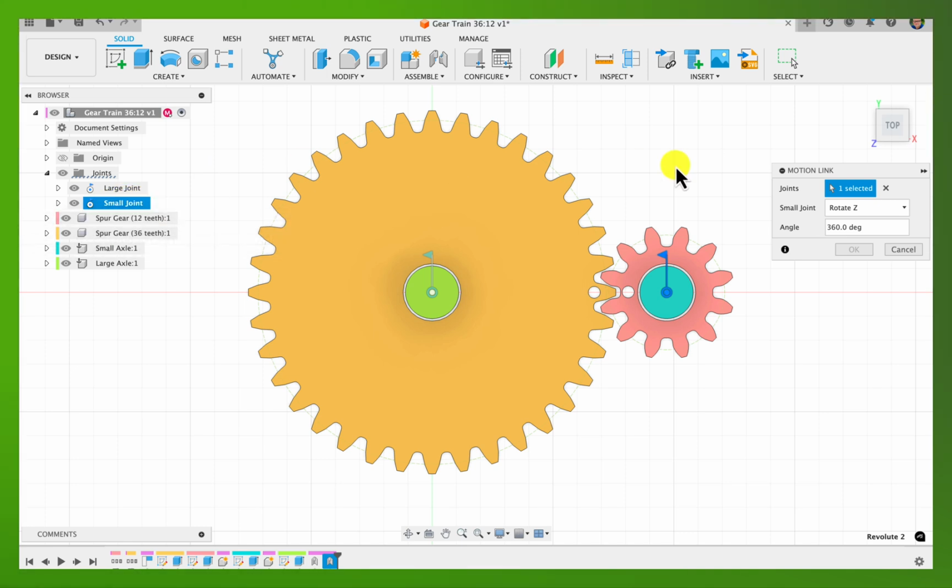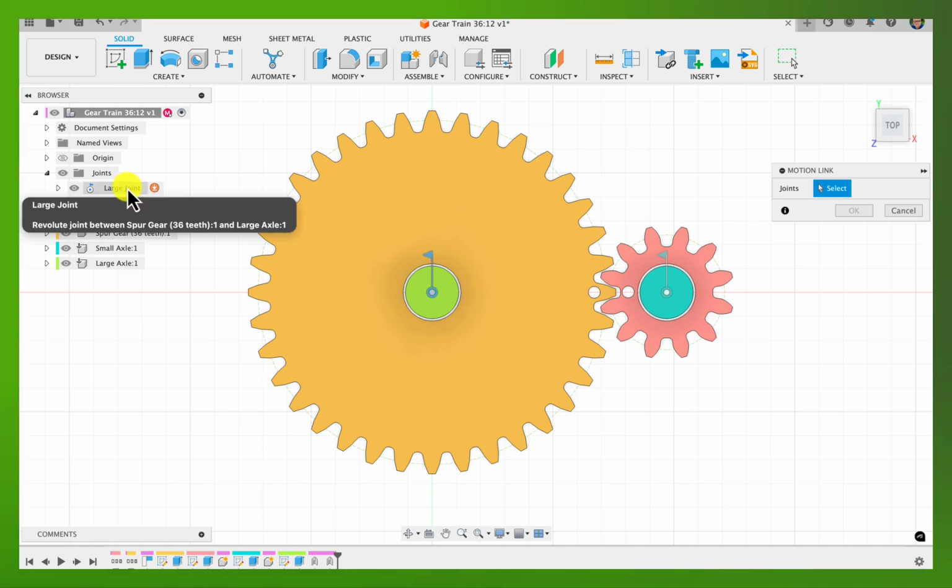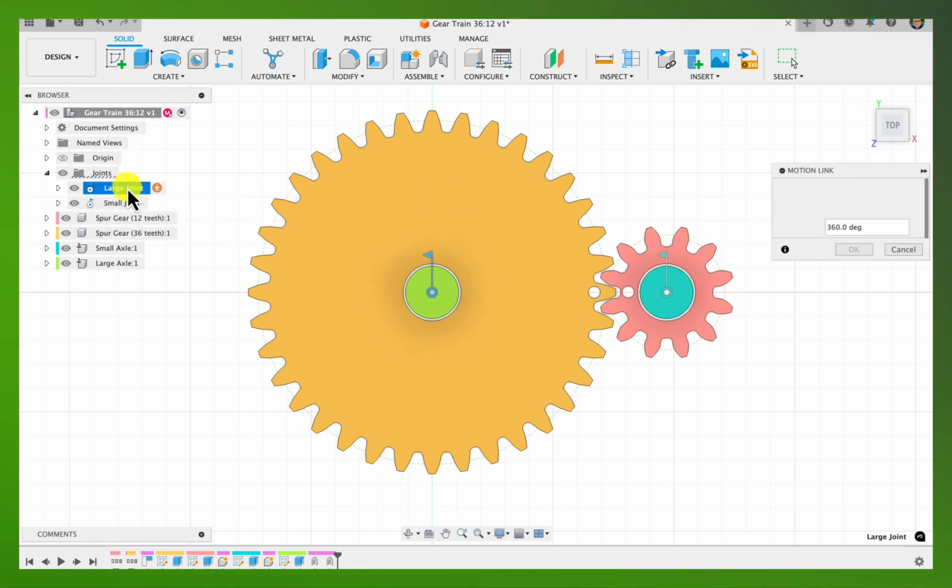So unfortunately, look at this. It already tells me one of my joints is selected. So I'm actually going to escape on this. I'm going to back up. And I'm kind of glad I made that mistake because sometimes, we make these mistakes and we get lost. I just hit escape. And escape is a great tool for you to make sure it deselects things. For example, my small joint was selected, and when I hit escape, it unselects it, which is what I really want. Because when I go to assemble and go to motion link, I don't want anything selected yet until I select the large joint. So now I'm going to go to the browser, select the large joint first,